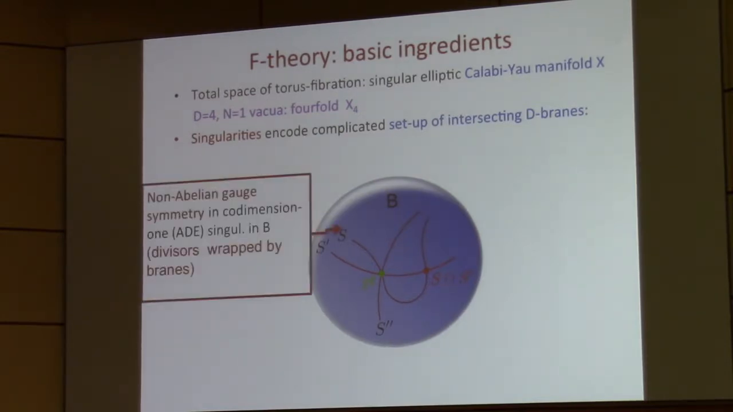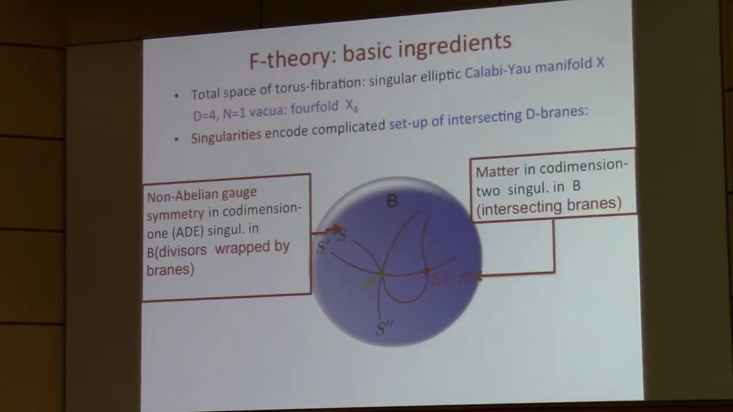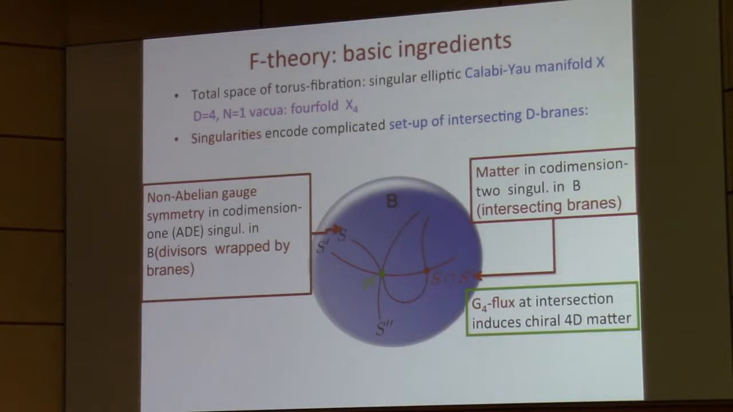In particular, at codimension 1 singularities, we observe ADE type singularities associated basically with the divisors that were wrapped by branes in the original geometry. When 2 divisors intersect in the base, we are dealing with codimension 2 singularities, and at this intersection, this signifies the appearance of matter. In particular, if we want to study in 4 dimensions what we refer to not as vector-like matter, but chiral matter, we have to add something in addition to geometry, namely, borrowing from M-theory duality, we have to add a specific flux for the four-form field strength that would induce